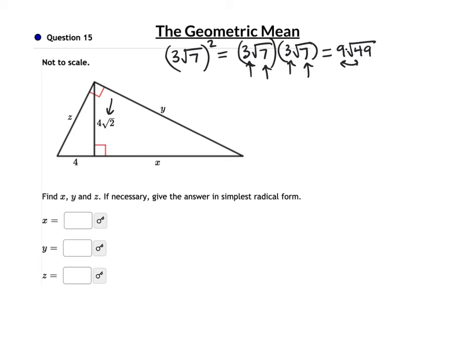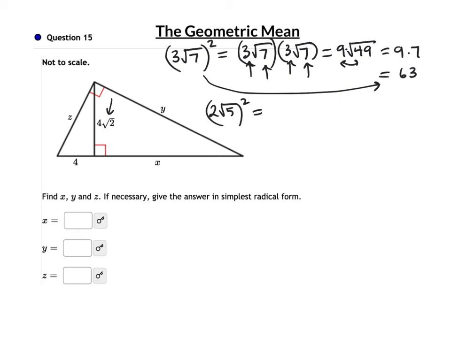Look at root 49. 49 is one of those special numbers. It's a perfect square. Square root of 49 is 7. No root. This is 9 times 7, which is 63. 3 root 7 squared is actually 63. One more example. 2 root 5